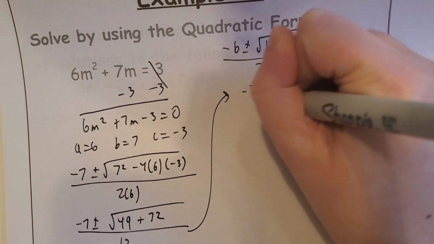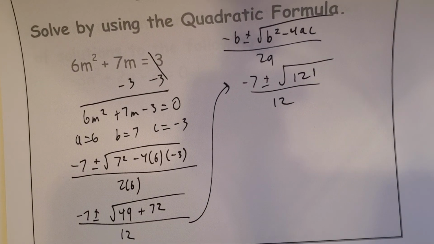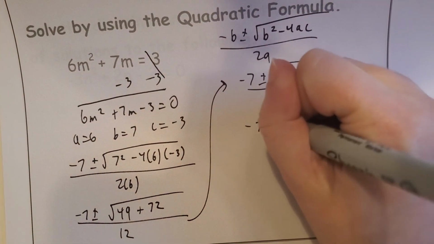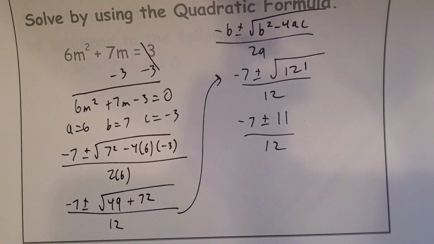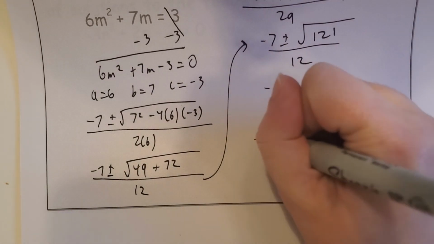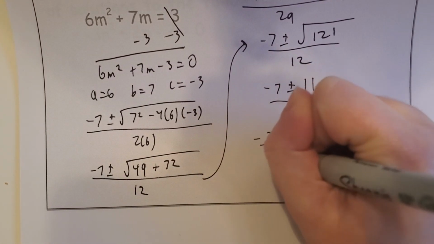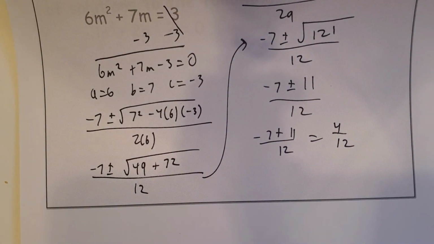Another perfect square. Nice. So that's 11. The square root of 121 is 11. So this is negative 7 plus or minus 11 over 12. Don't forget about those radicals, guys. Okay? So negative 7 plus 11 over 12 is 4 over 12, which you can't divide evenly, but